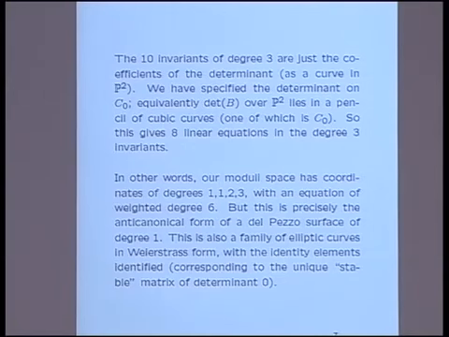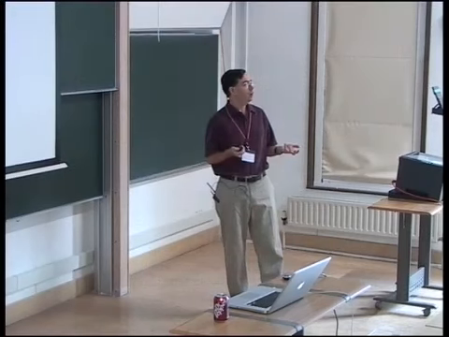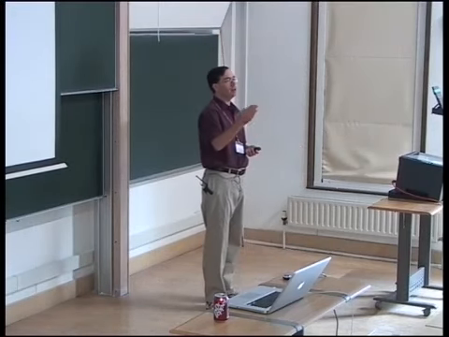But anyway, as I said, the 10 invariants are just the determinant viewed as a curve rather than viewed as a function on C naught. And when we specified what our determinant should be on C naught, we didn't quite specify a cubic curve. We specified a one-dimensional space of cubic polynomials modulo the defining equation of C naught. So our 3x3 matrix is going to have determinant living in a two-dimensional space, or geometrically, that gives us a projective line worth of cubic curves.